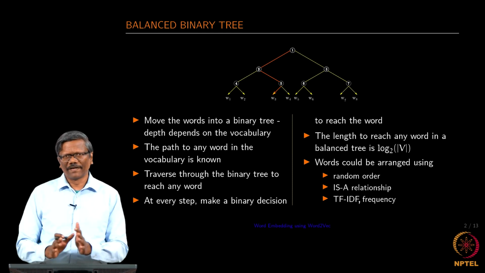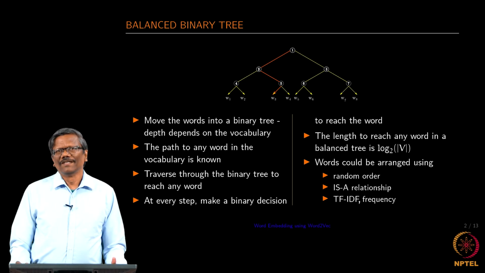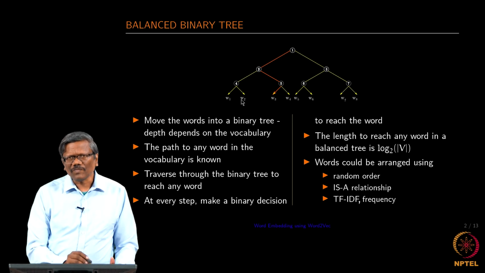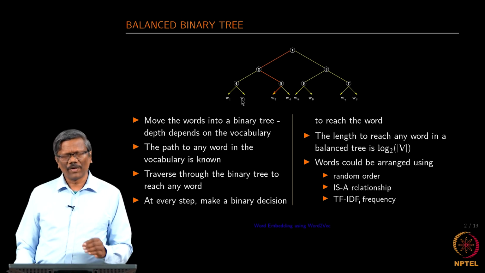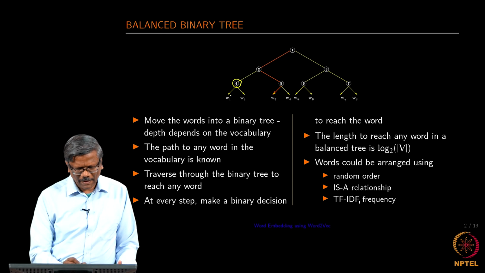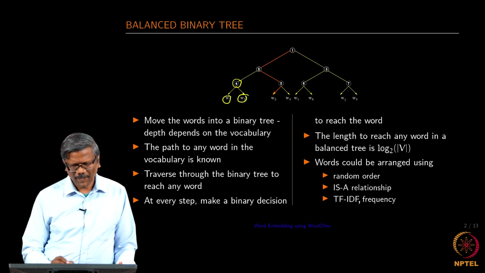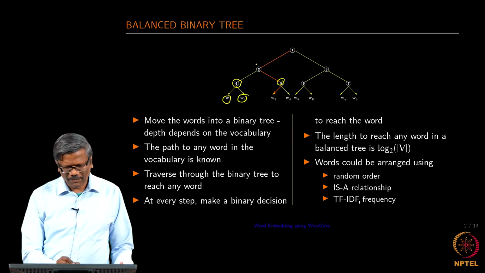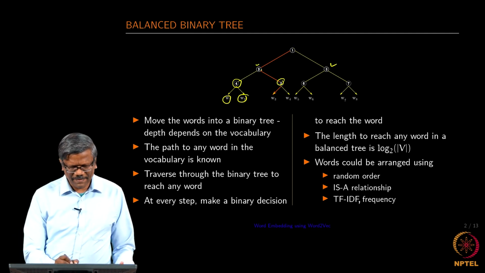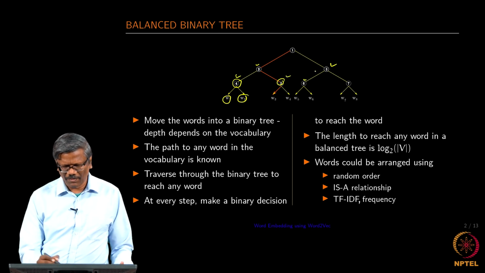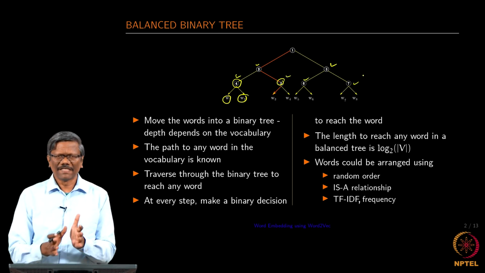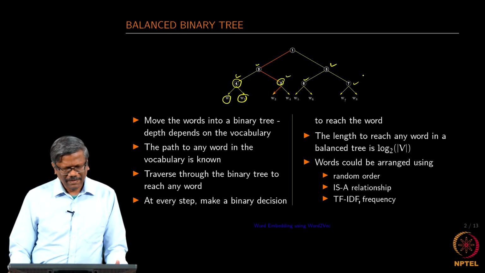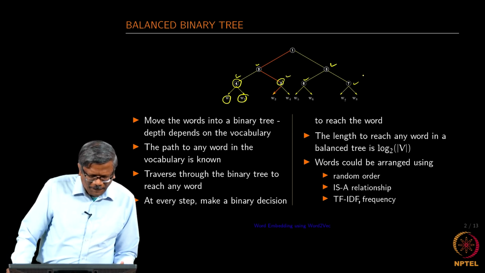I am sure you know what a binary tree is and a balanced binary tree is. A balanced binary tree is one where you will have a binary branch for every node, and for example, for the node 4 we have 2 leaves, okay, node 5 and so on. So, if you start with the root node, you have 2 nodes, and then for the second node we have 4 and 5, for the third node 6 and 7. So, that means the binary tree is balanced. I am sure most of you know about it. This is just to refresh your memory.